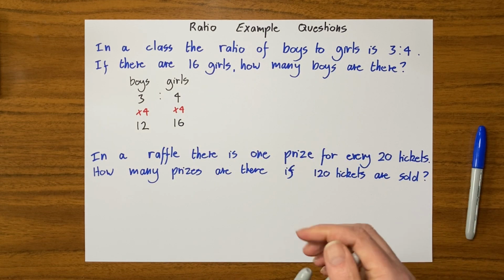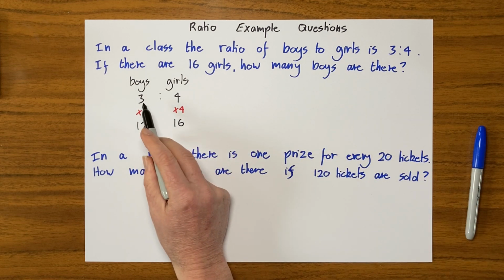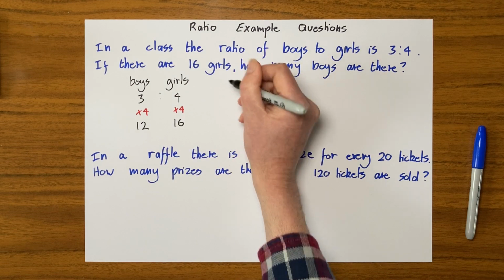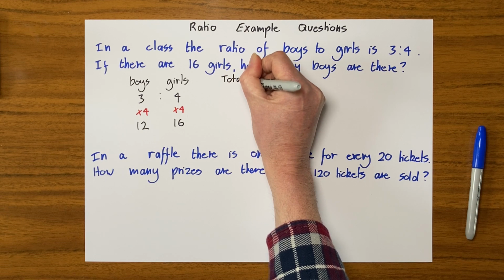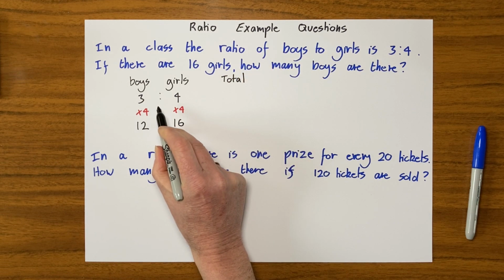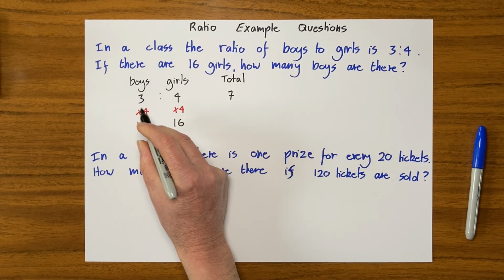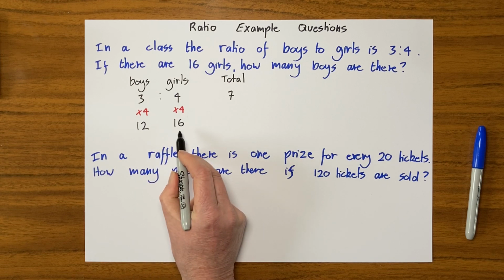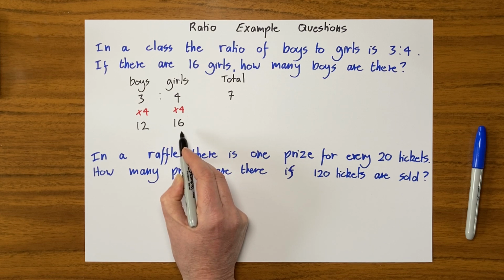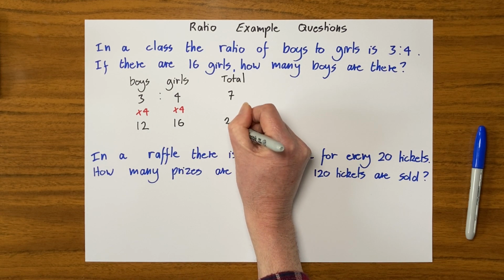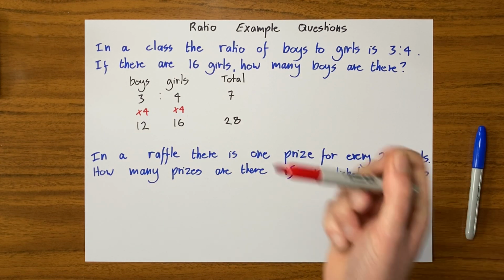I'm just going to show you something else, which will help with other questions. In this example, I had 3 boys and 4 girls. Whenever I'm doing ratio questions, I always like to do a third column, if you like, which is my total. So this is a very small class because there were only 7 children in it. There were 3 boys and 4 girls. Now in this class here, I've got 12 boys and 16 girls, so that's giving me a total in the class altogether of 28. And lo and behold, 7 times 4